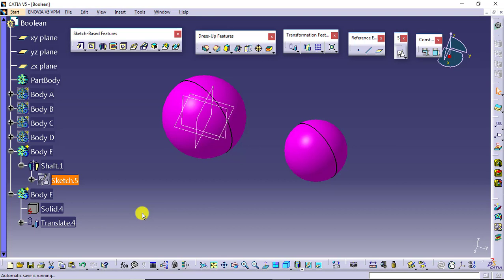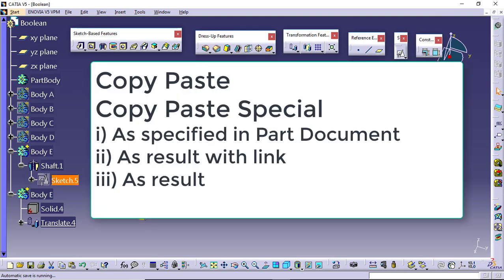So four cases we have seen: copy paste, and copy paste special, in which three types were there. First one as specified in part document, second one as result with link, and the third one as result. Copy paste and copy paste special first type, as specified in part document, were giving me the same result, the same feature tree as the parent has.